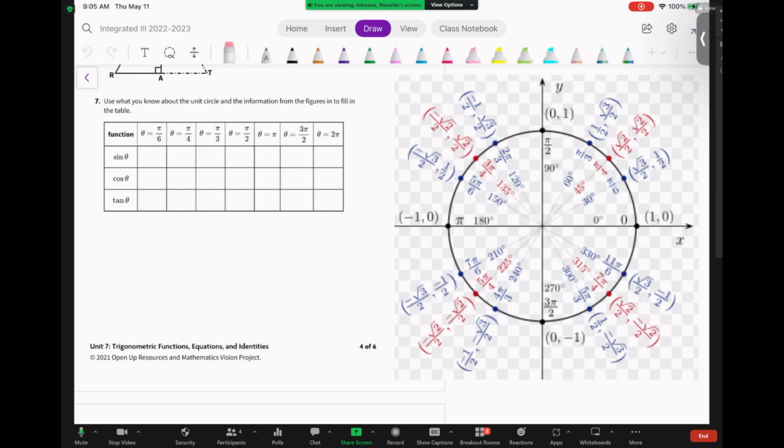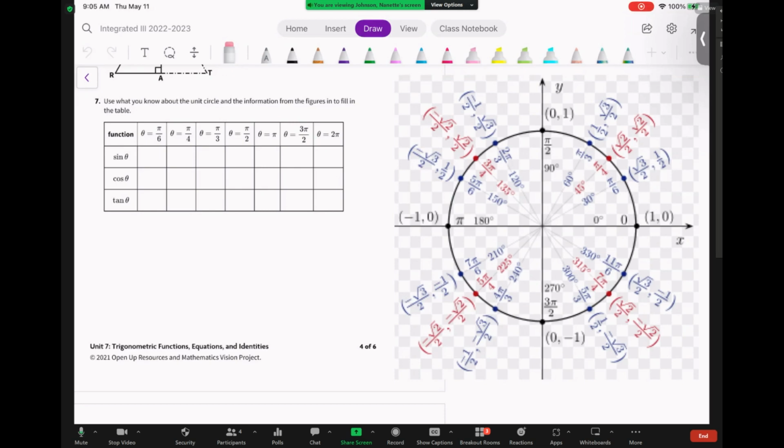My little disclaimer is if you only use the unit circle, you kind of lose some of the context of what you're learning. So make sure that you're comfortable in both, even though you maybe prefer the unit circle better. Things that you have to know in order to use a unit circle: